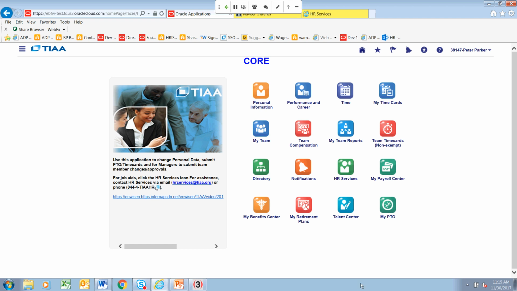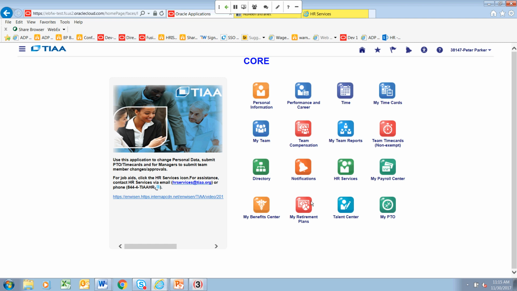So most of you are familiar with this home screen of CORE, but now you'll see a couple of new icons. One of them is the My Team icon. And this My Team icon is your one-stop shop for all of your manager tasks, and I will review that momentarily.